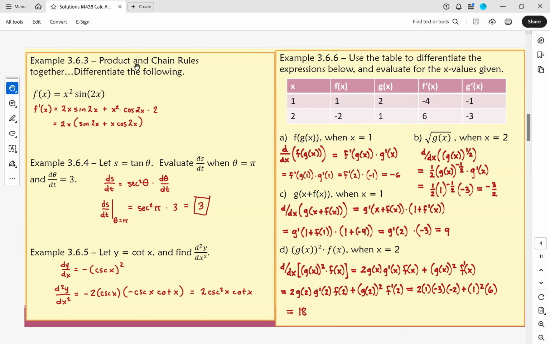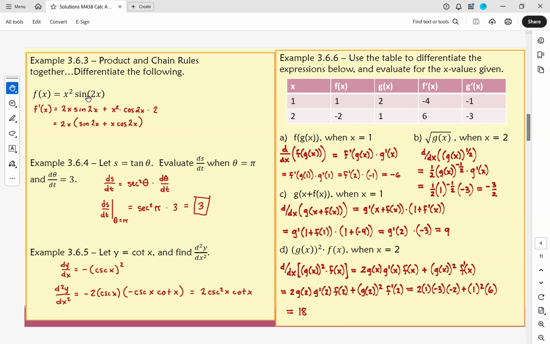This example has us using both chain rule and product rule together, so be very, very careful. We see f of x defined as a product first and foremost. There's the x squared times sine of 2x. X squared is not plugged into any other function, which is why this registers as a product. The sine function does have a 2x plugged in, so when we eventually find the derivative there, we'll need the